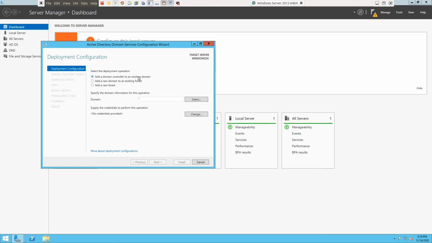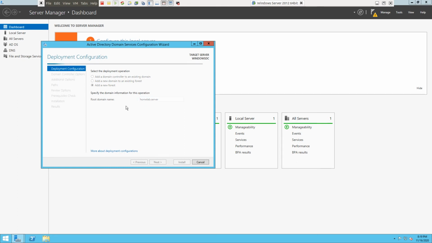Add a domain controller to existing domain. So we do not have any existing domain or existing forest, so we are going to create a new forest. So forest name, let's say homelab.server.